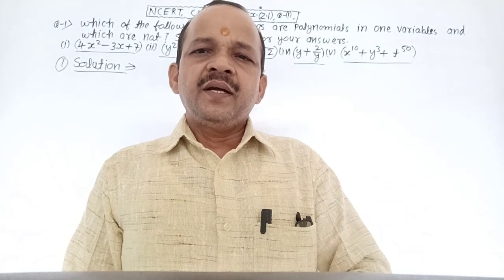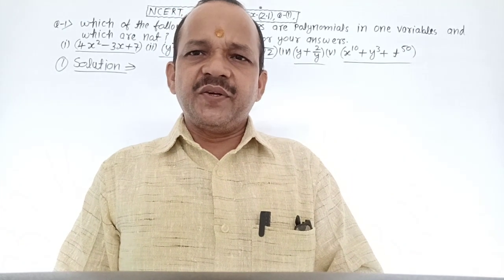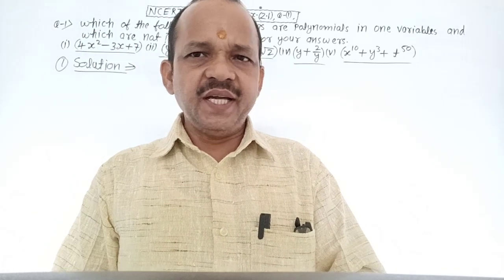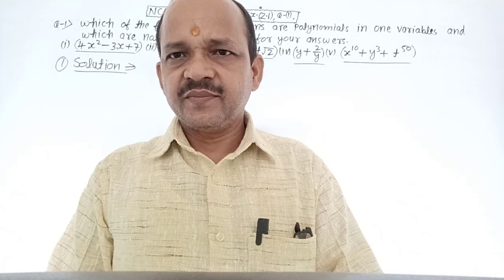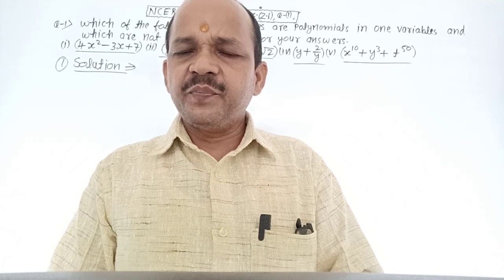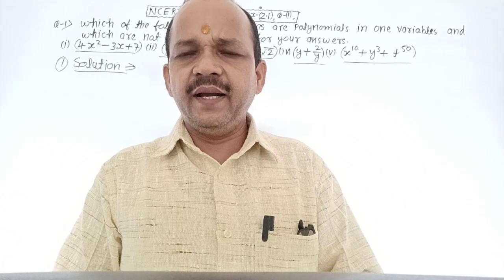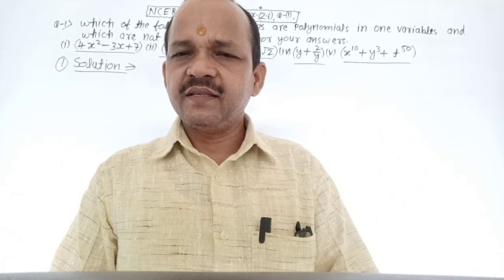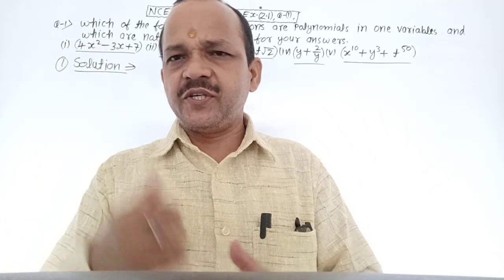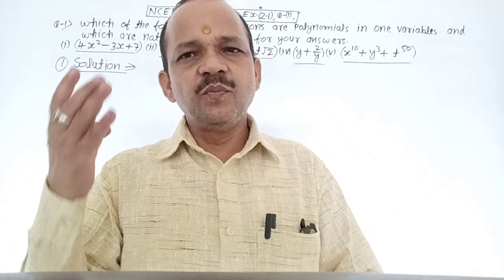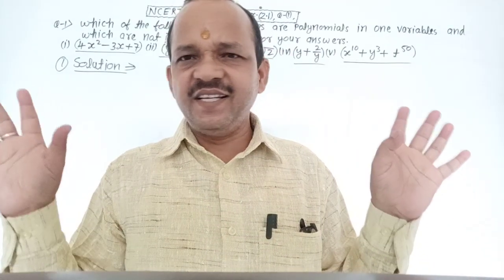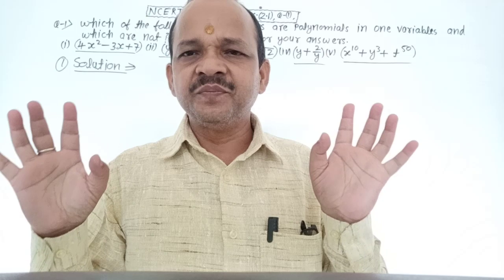Very good. Next, biquadratic polynomial. A polynomial having degree 4 or more is called a biquadratic polynomial. Its form is ax power 4 plus bx cube plus cx square plus dx plus e equal to 0. It has 4 or more zeros, meaning 4 or more answers. Clear? Types of polynomial are clear? It is easy? Very good.